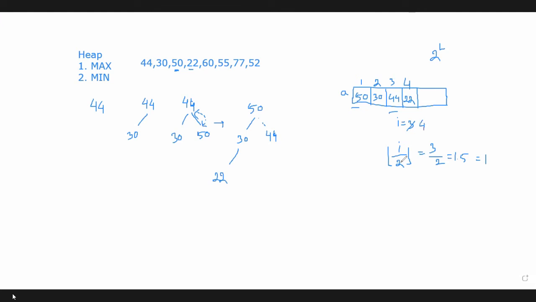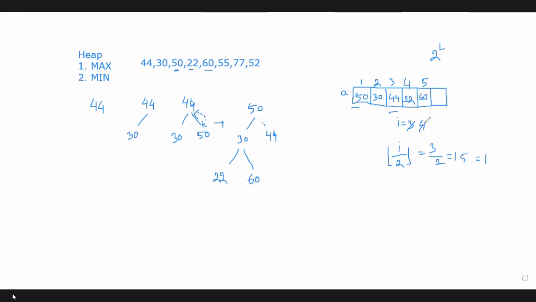I equals 4. Now the next node is 60. So in which position will we add that node? It is a complete tree. So without adding the nodes to this parent node 30, we cannot assign any node to the next node 44. At first we have to complete this one. So 60 will be assigned as the right child of 30. So here after inserting 60, now the value of I is 5.